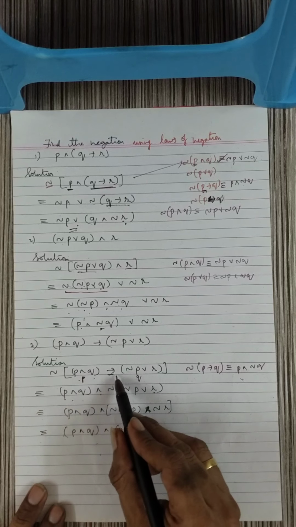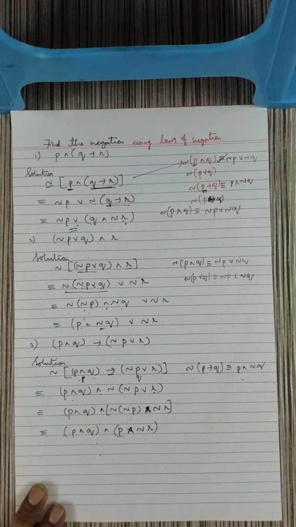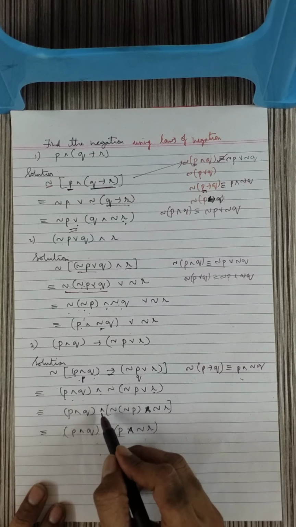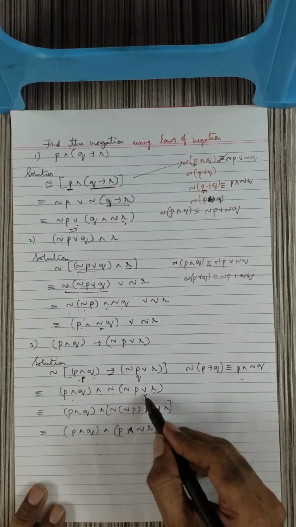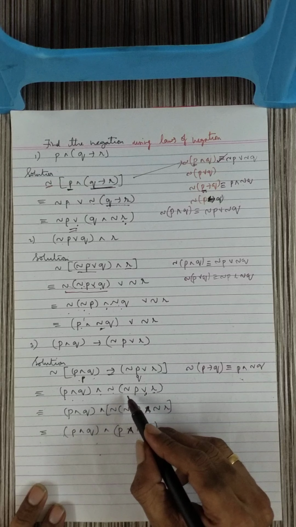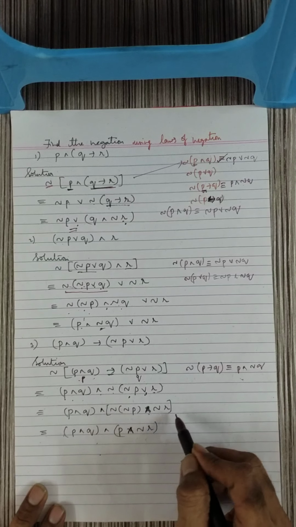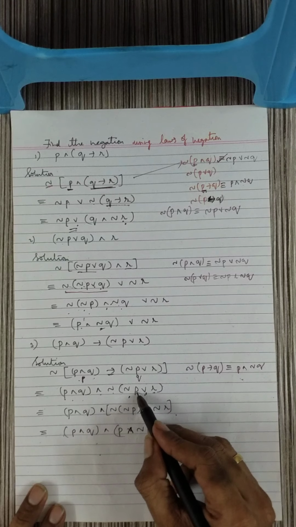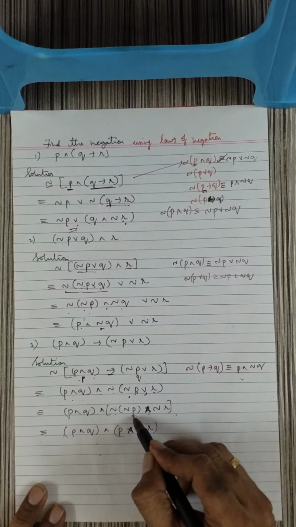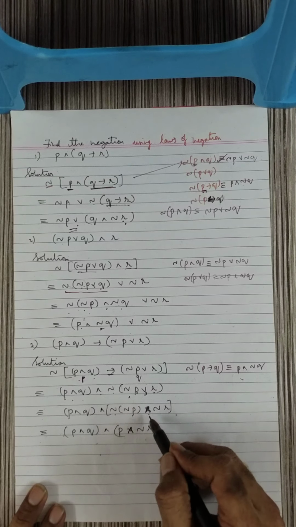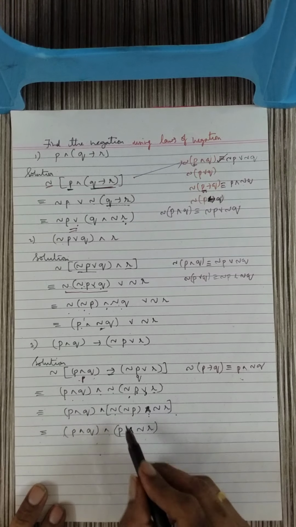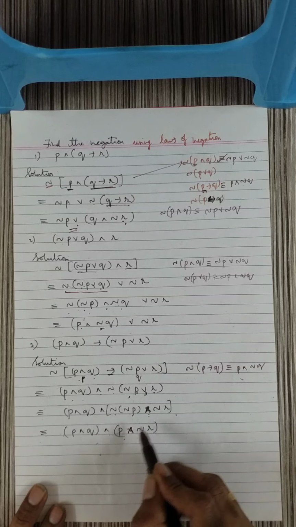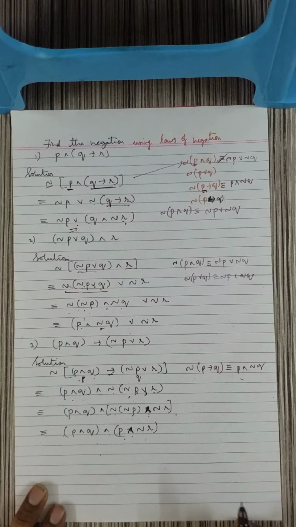First part P as it is and negation of the second part. So this will be copied as it is, this will be copied as it is, and there is a negation outside and it is OR. So applying the formula of OR, in OR what happens? Negation of the first part and negation of the second part. But because there is already a negation here, negation of P and OR becomes AND, then negation of R. So P and Q, and negation of P is P as it is, and negation of R. So this is the third sum.